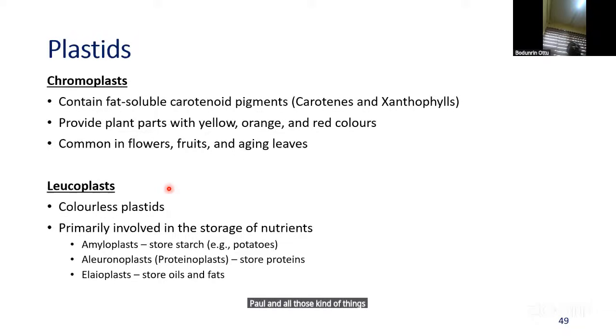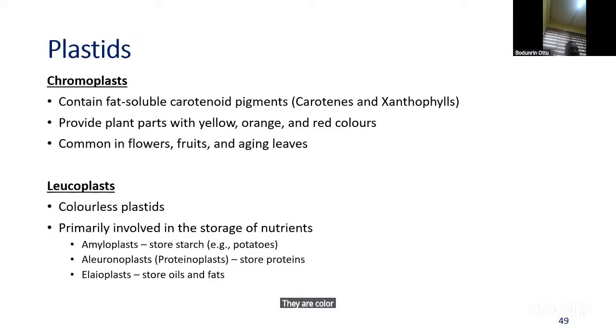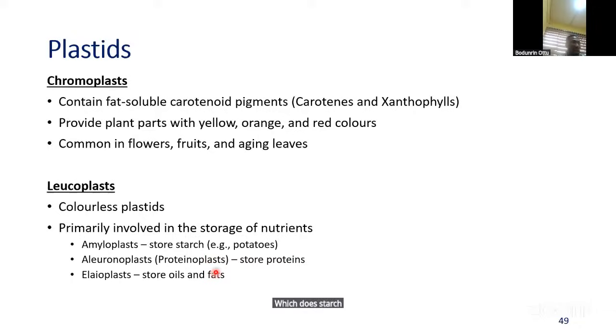Then you have leucoplasts. Leucoplasts are colorless. They are colorless plastids, and they are primarily involved in the storage of nutrients. Examples include amyloplast. Remember I told you that you have different types of plastids. So you also have amyloplast, which stores starch. You have aleuronoplast, which are proteinoplasts. They store proteins. You have elioplast, which stores oils and fats. All of these are colorless. So they are broadly